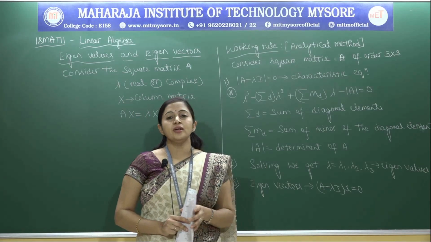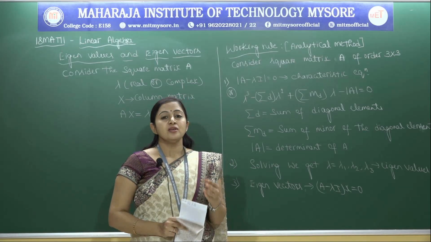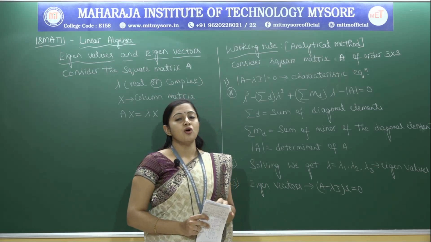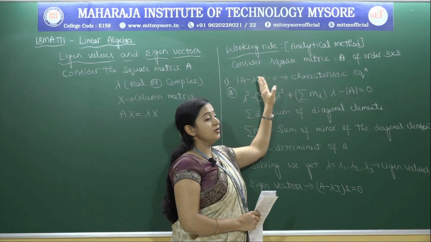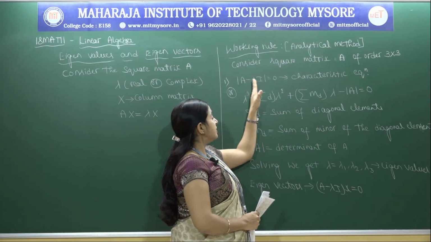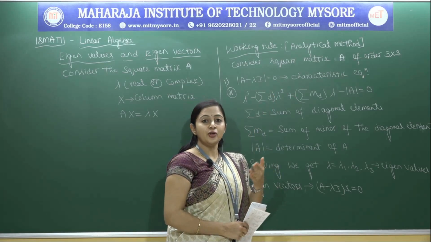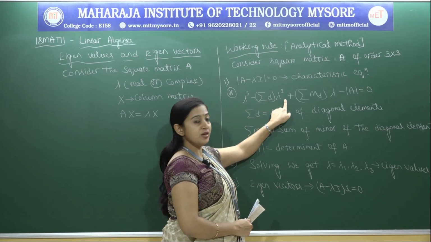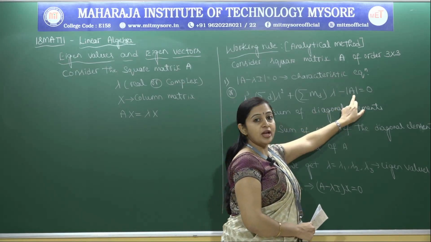To find the eigenvalue and the eigenvector to the corresponding square matrix, first we use the analytical method. So we have the working rule for the analytical method. First I consider the square matrix of order 3 cross 3. First procedure, you have to find the characteristic equation using this formula, determinant of A minus lambda I equal to 0, or you can also use another formula, lambda cube minus summation d lambda square plus summation md lambda minus determinant of A equals